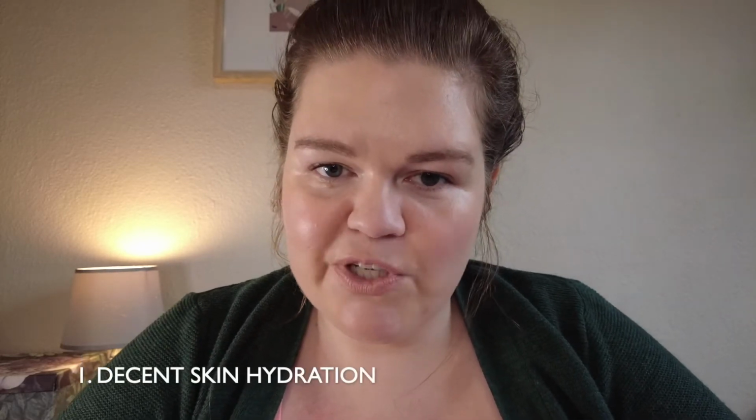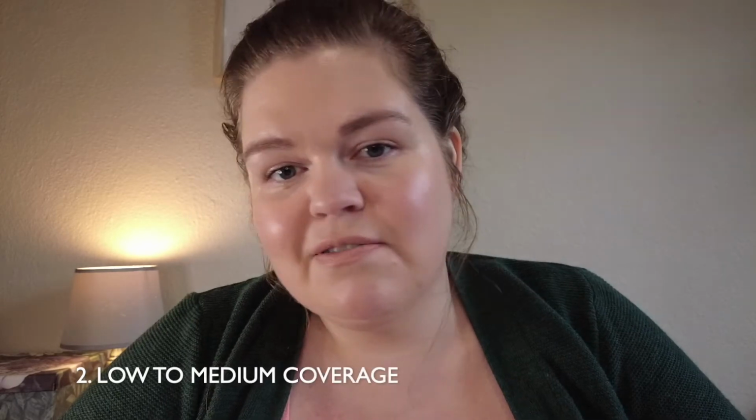Before I dive into how the product performed, I want to tell you how I measured it. So what is it that I'm looking for when I think about a tinted moisturizer? Well, the first thing that I want from a tinted moisturizer is obviously the moisturizer, so I want something that's going to make my skin feel soft. The next thing that I'm looking for, obviously, is a bit of coverage, because you want the tint for a reason, right? I know that tinted moisturizer is not foundation, so I'm not looking for heavy coverage, but I'm looking for a product that I can apply as both my moisturizer and my foundation, something that's going to even out my